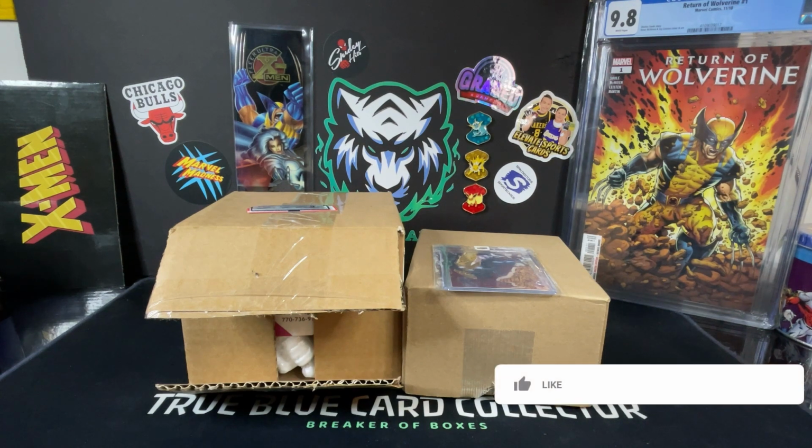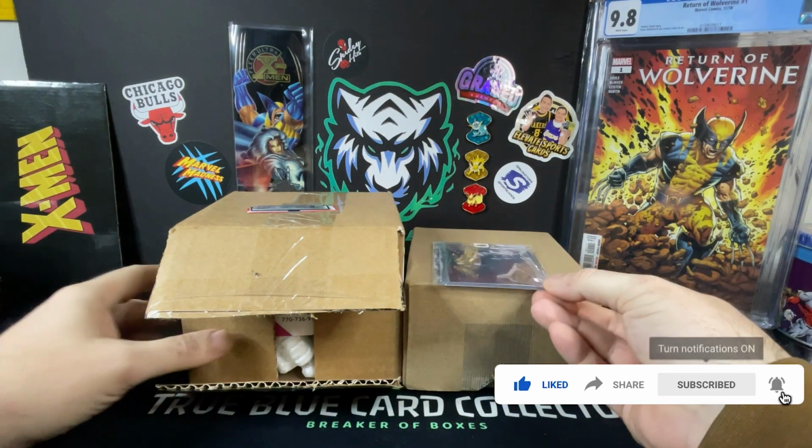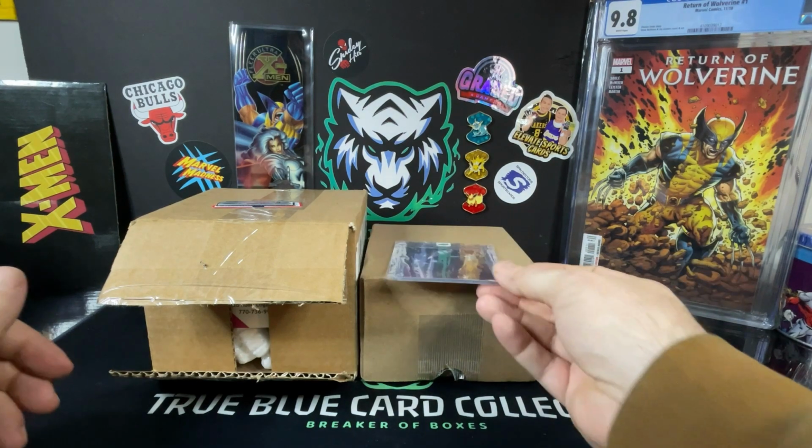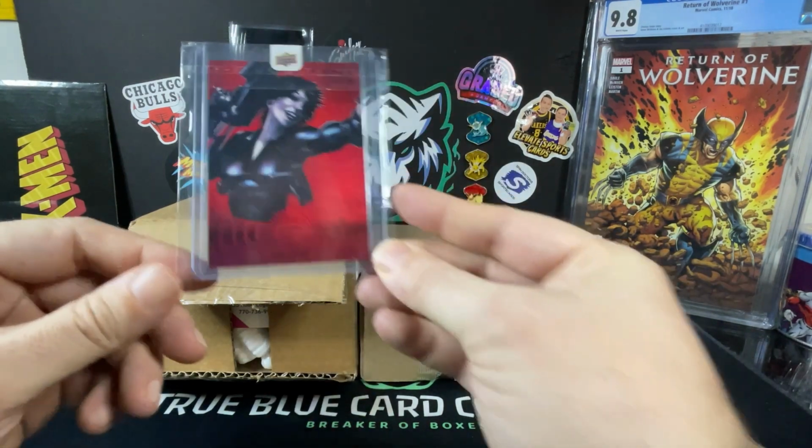Today we got a little bit of a mail day. So this is going to be kind of a grade reveal slash mail day. We got 2 packages of graded material to look at. Only 5 cards, so nothing super big as far as volume wise, but we did get a trade